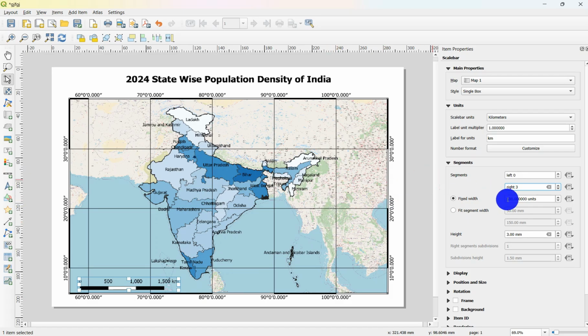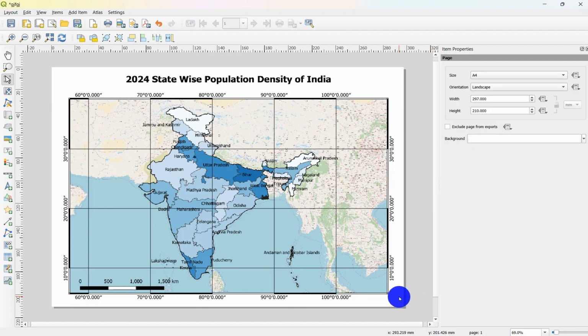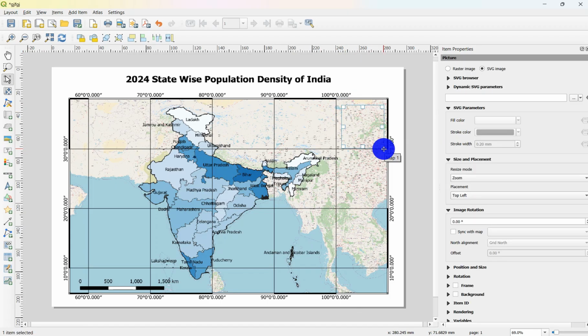Okay, fixed width with 500 kilometers. Okay, done for this. What else? You need to add the north arrow. The north arrow, you need to download it from Google and save in your directory, and then you can add the north arrow to the map. How? Click on this icon, add picture, draw the area where you want to place the north arrow, and then